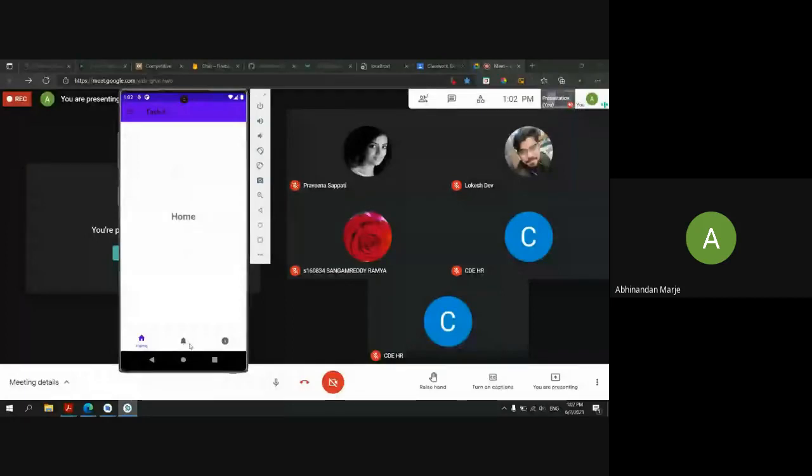So today also we are going to deal with the navigations. Yesterday we have seen this bottom navigation, right? So today we will see the drawer navigation, this type of navigation. If I change here, the fragments are changing, and with fragments also my bottom navigation is changing. If I select notifications from this drawer navigation, you can see my bottom navigation also showing the notification icon, and I'm changing the fragment to that fragment also, right? So today we will do this.